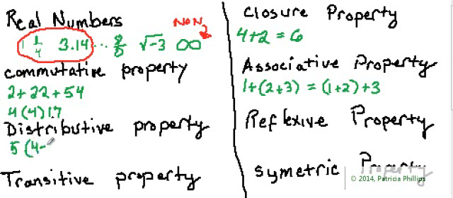Okay, so let's just say you have 5 times 4 minus 3. I said minus at first, but I meant times: 5 times 4 minus 3. That's right. Okay, so this is the same thing. Let me change the color so you can see the arrows. You take the 5 and distribute it this way, and take the 5 and distribute it this way, which makes it the same thing as